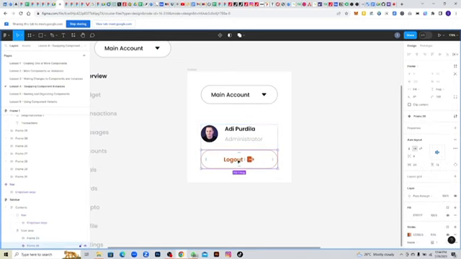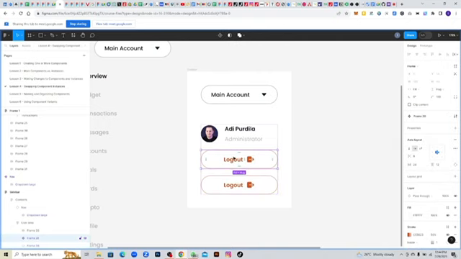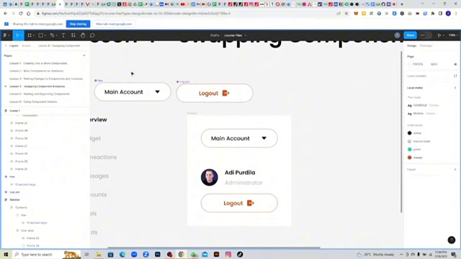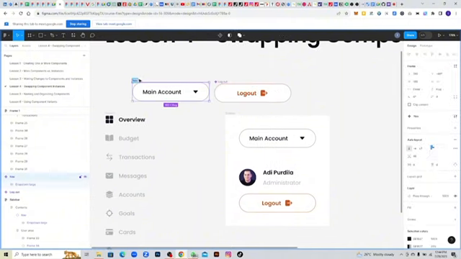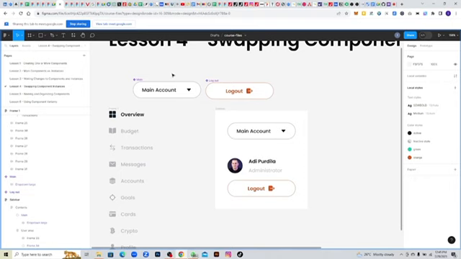Okay. So, and then I Control C, Control V. So this is the original. So let me bring this one out here too. And then let's call this one logout. And then let's call this one main. So let's say you have something like this, and you are still a newbie, you've not